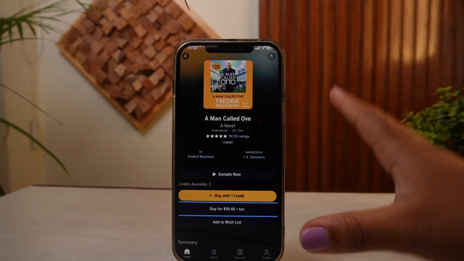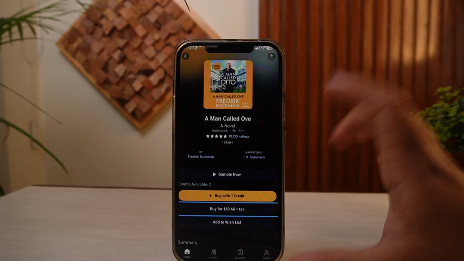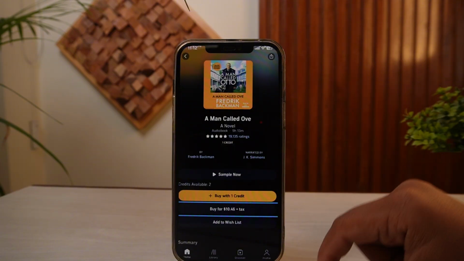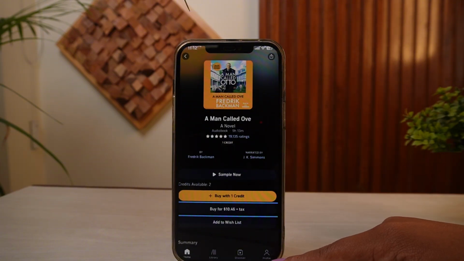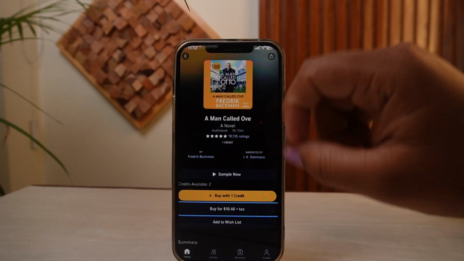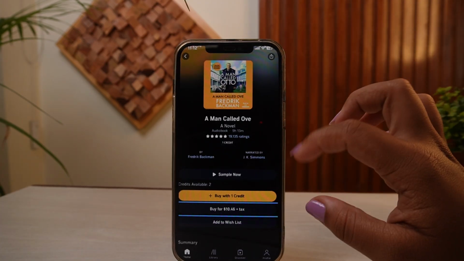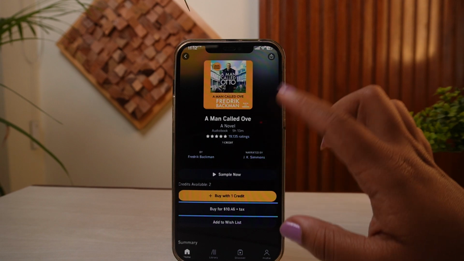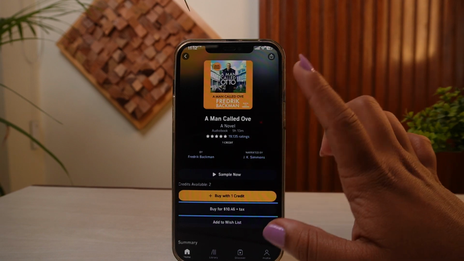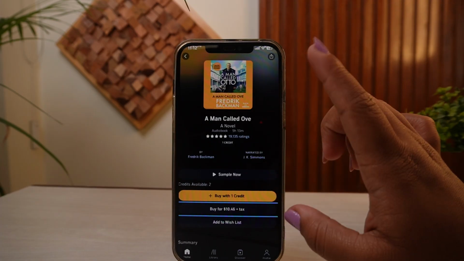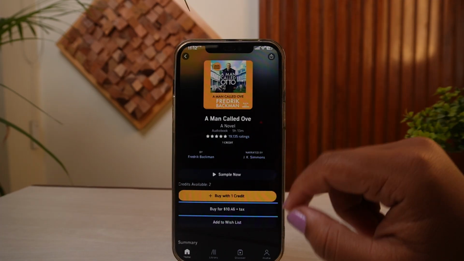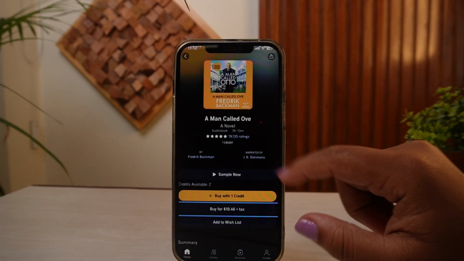So after successfully logging into your account, now what you're going to do is simply tap on the profile icon that you'll be able to see right here. So after tapping on this profile icon, you'll actually be able to see the option of your membership box. What you're going to do is simply scroll down until you find that option, and then simply tap on your membership. And after tapping on your membership, you'll actually be able to see the option of cancel membership if you